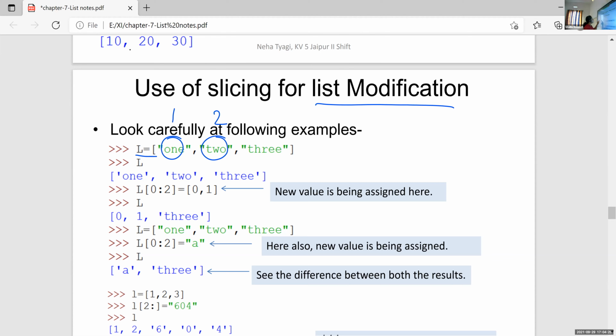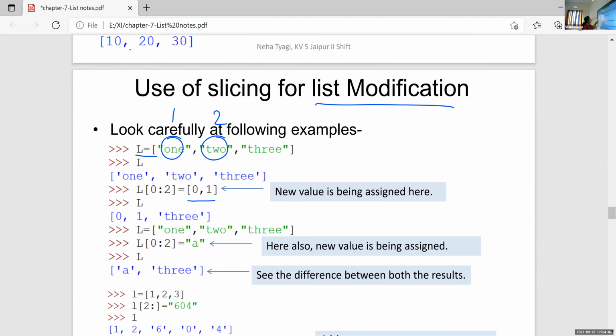Here the L content is 1, 2, 3. I want to update this L using L[0:2] = 0,1. It means the 0 to 2 positions are replaced with the values 0 and 1.